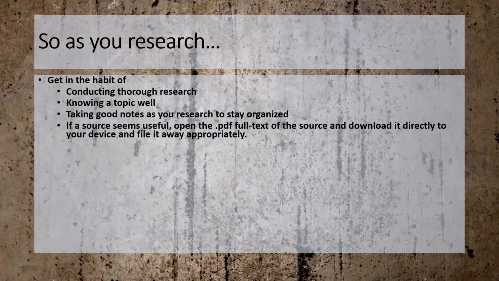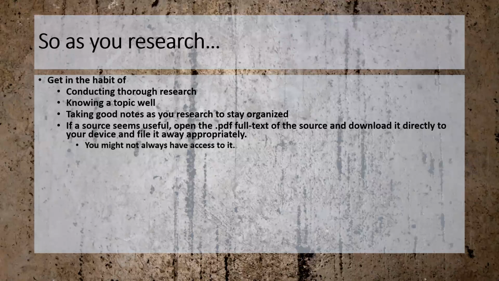You should have a folder on your device specifically for this class. And within that, you should have a folder for each project. It's vital that you keep these files organized. A lot of these files, when you download them, have weird file names. Rename the file with the author and the beginning of the title. Otherwise, you're going to be sitting there looking at 12 different PDFs with random file names. You're going to have to open each one just to find it. People waste so much time having to relocate a source they've already found because they don't take the time to be organized. It costs you nothing to download something. It takes 2 seconds to rename it and put it in the proper folder. And that will save you so many headaches in the future.